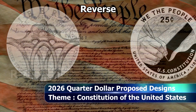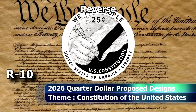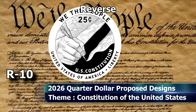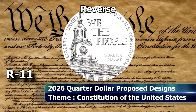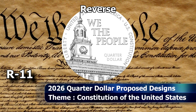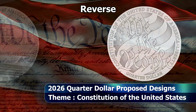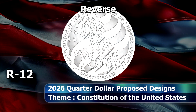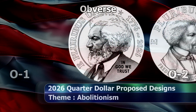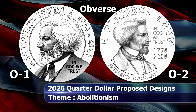Most of the artists chose to include those famous words that open the US Constitution, "We the people," somehow in the design of the coin itself as well. Some of these designs are genuinely impressive though, although not all of them would be practical, I feel, to produce at a larger scale. The third quarter is dedicated to the theme of the abolitionist movement in the 1800s, with